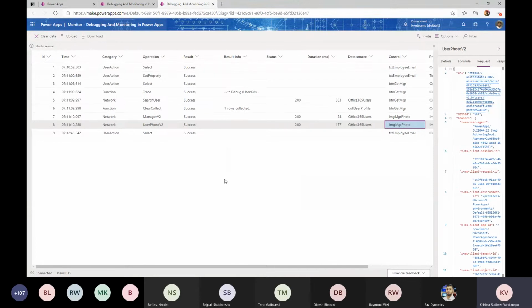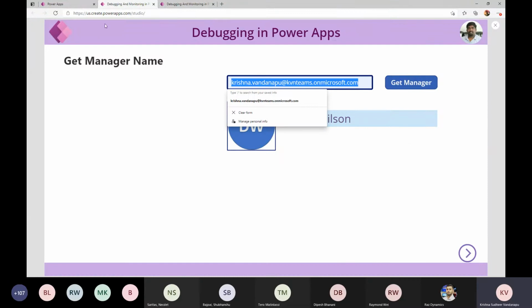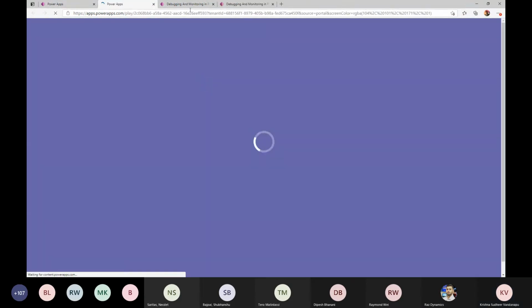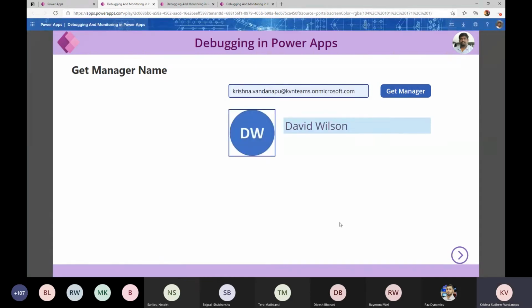But which is great, Krishna, how is it going to help me? That's the point, right? If we learn something, how is it going to help me? Okay, when I run the same app in production, say that, Krishna, I got the output. No, no, okay, this is very clear. But when I run the same thing